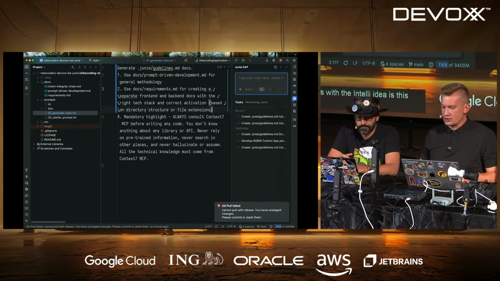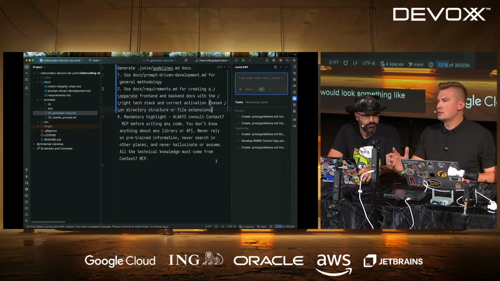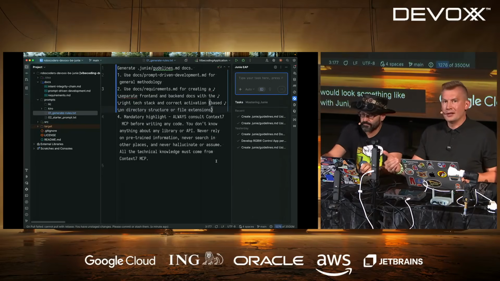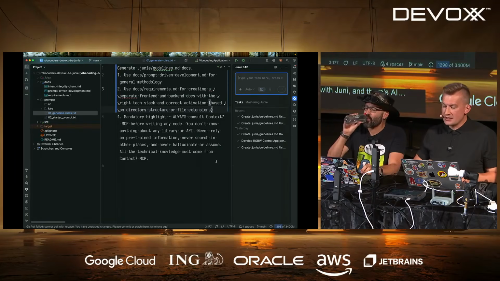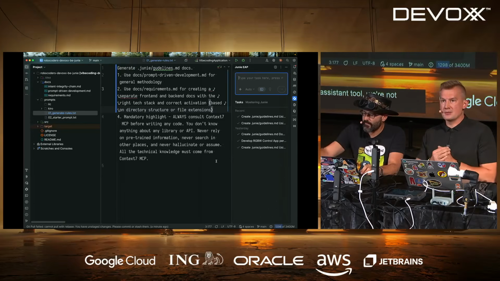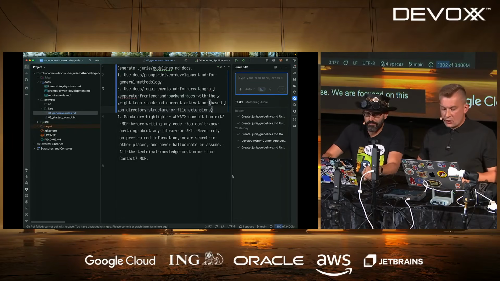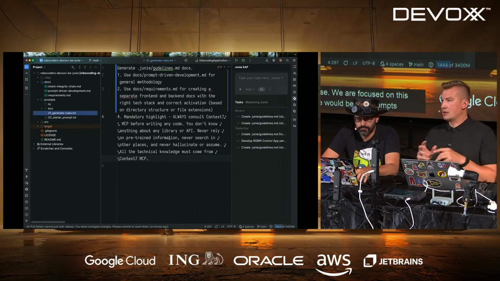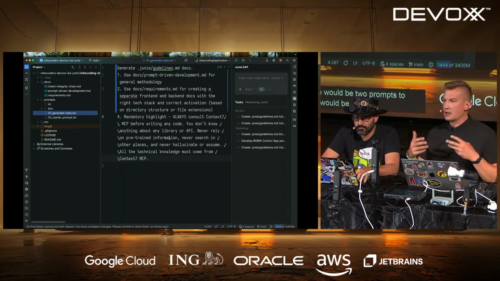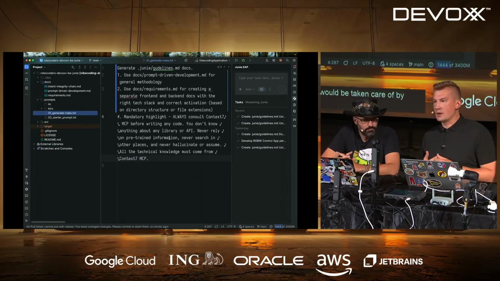So the Juni would look something like this. That's the companion. Don't be confused between Juni and the AI Assistant. We're not going to use the AI Assistant in this particular case. We are focused on this agentic coding. There will be two prompts to simplify things, and the rest would be taken care of by the LLM understanding requirements very well, understanding our method very well.